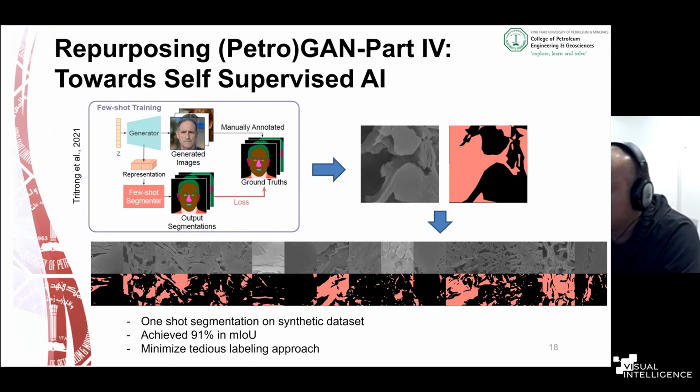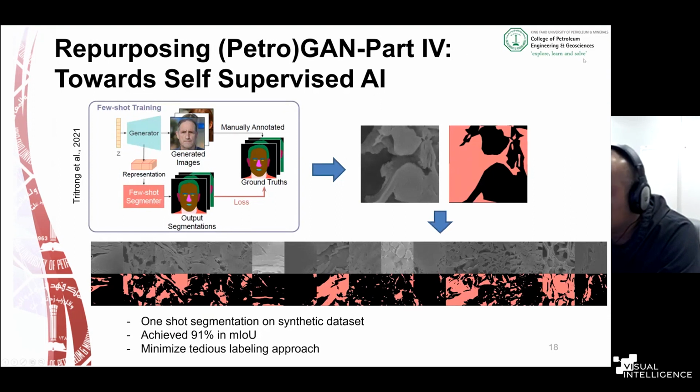where you just need, for example, here, scanning electron images of very fine-grain rocks. This gray part is the grain mineral, and the black area, the black pixels, is actually pore space. In the oil and gas industry, pore space is very important. So the ability to recognize or segment the pore space is very important. And in the past, and even until today, we typically do it manually, right? You segment the pore space and then you quantify it based on the ratio between the pore space and the